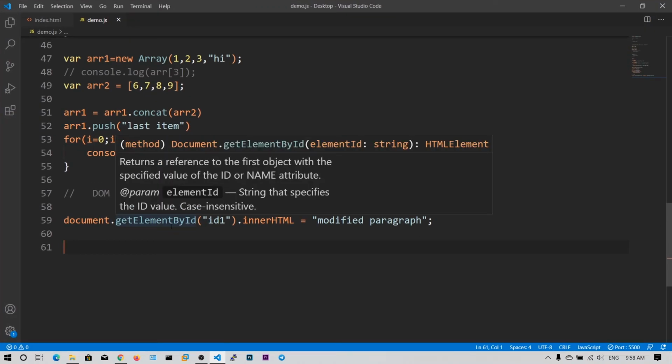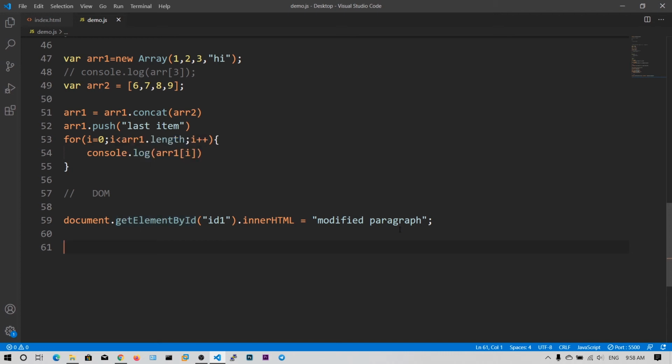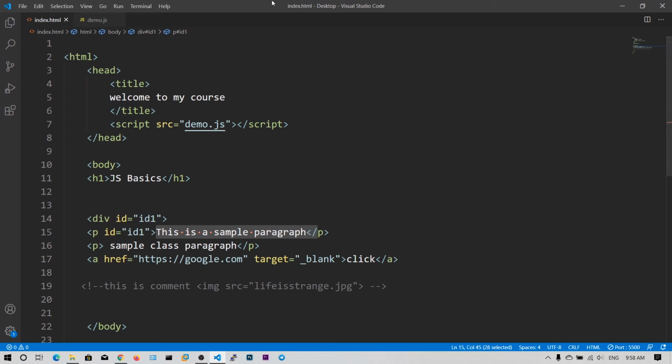Document getElementById. Okay, sorry, this id1, this div block has also the id1, that's why maybe it got confused about which one to use.